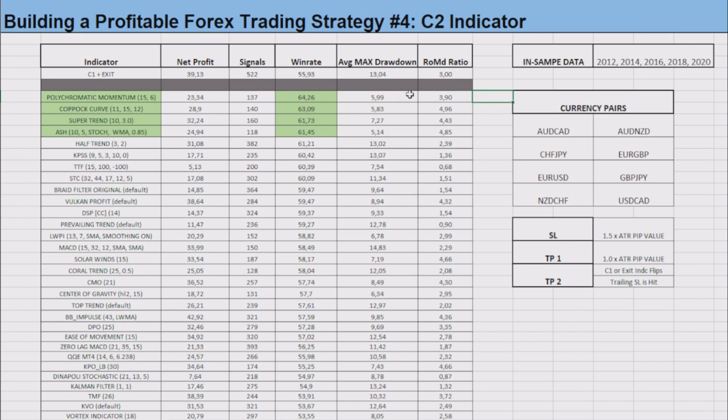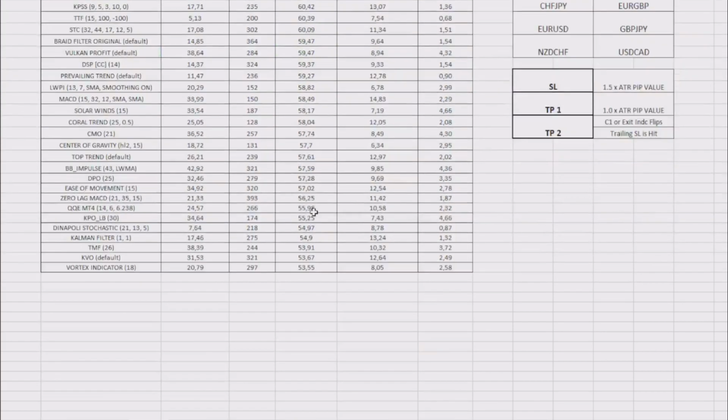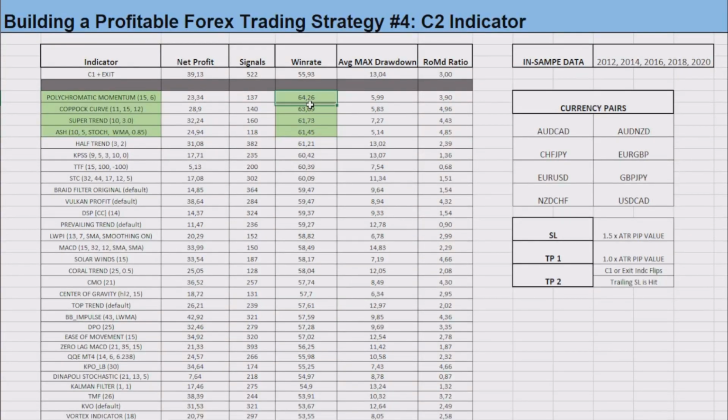As you can see, the indicators that improved the win rate of the strategy the most under these conditions were the polychromatic momentum, the copy curve, the super trend and the absolute strength histogram. And they were indicators that not only increased the system's win rate, but also increased its efficiency, as we can see when looking at the values of the return over max drawdown ratio. So now, to find which one out of these 4 indicators is the most consistent, I'm going to apply them